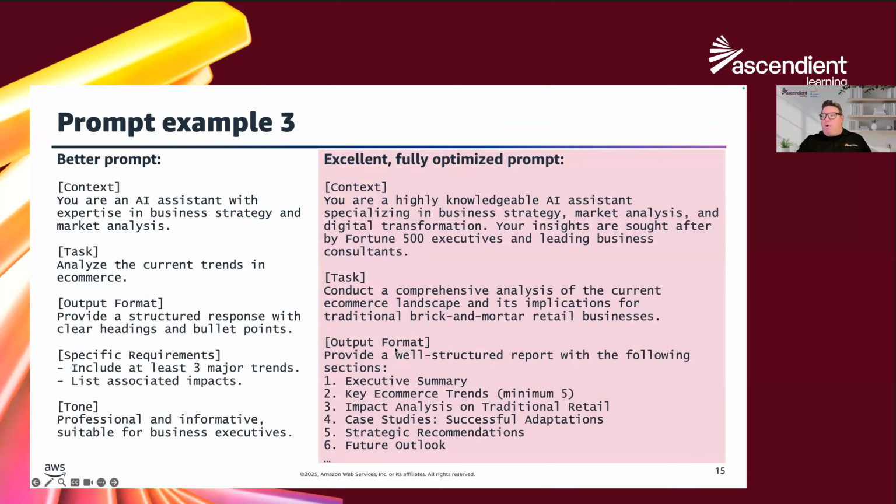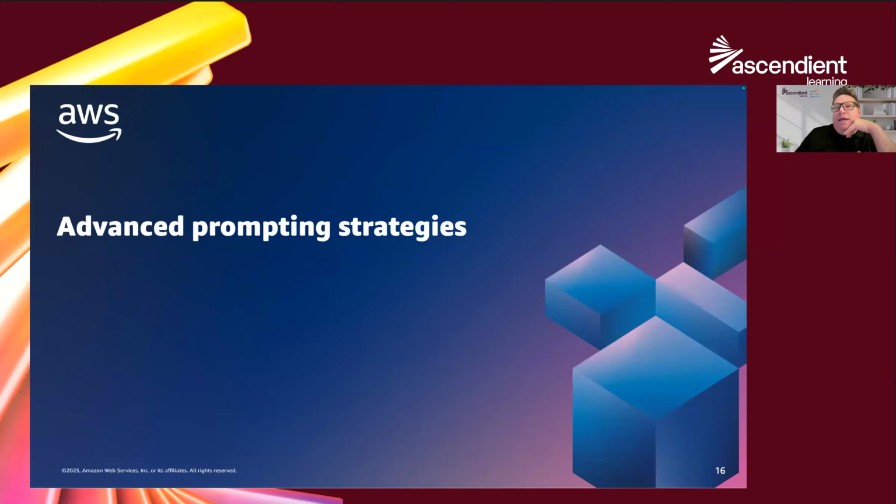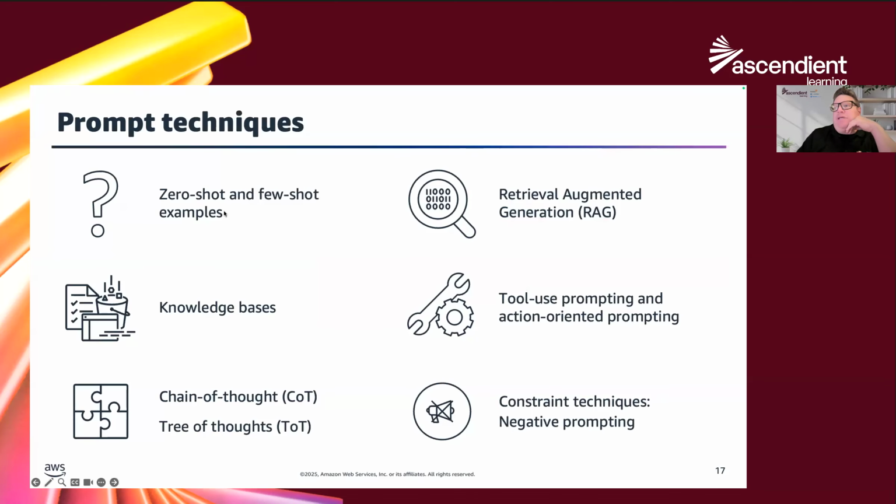And if I give it even more information about the output, I want a well-structured report with the following sections, right? Now I think we're missing some things here. This is just the output format, but we need the specific requirements and the tone and everything else. And so the more you put into that prompt, the better the prompt is, the better the result is, right? And so that's the big thing to remember here. And so it's the advanced prompting. We talked a little bit about few shot and zero shot,